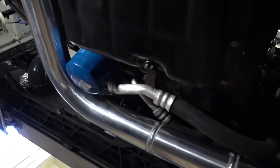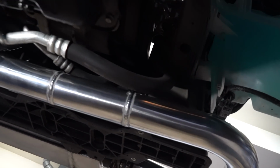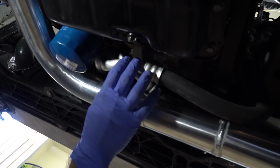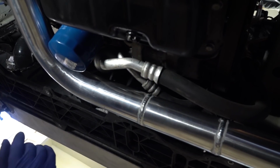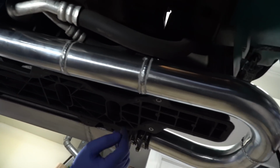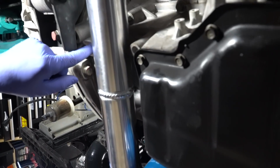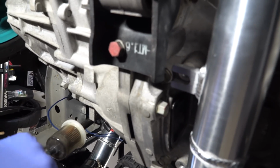All right, guys. The hot pipe side of things gets a little bit tricky. So you saw that we moved the lines out of the way and pushed them up, and they're perfect where they're at. They're not hitting anything, they're not hitting each other, so you won't get any sound out of that. What we like to do is put the hot pipe on the intercooler first, and we rotate it up. In order to get all these bolt holes, where the bolt holds this into place, right where my finger's at, right here, in order to get that to line up,